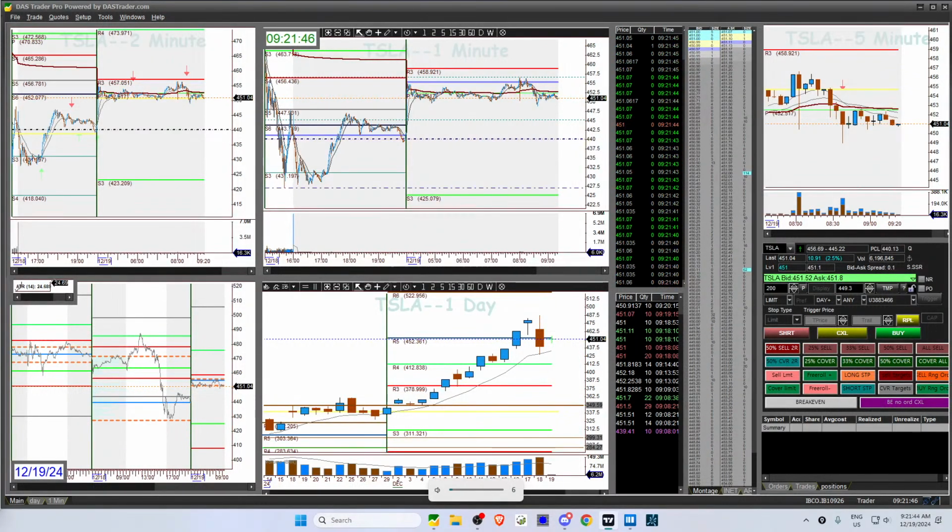The thing is getting the amount of movement you want. Like Amazon, for instance, think about going short here. You're going to go right into PDC, then right into monthly R4, and then right into what will likely be the ATR low for the day, and you haven't even gotten into the buying range yet. You know what I mean? So for me, it